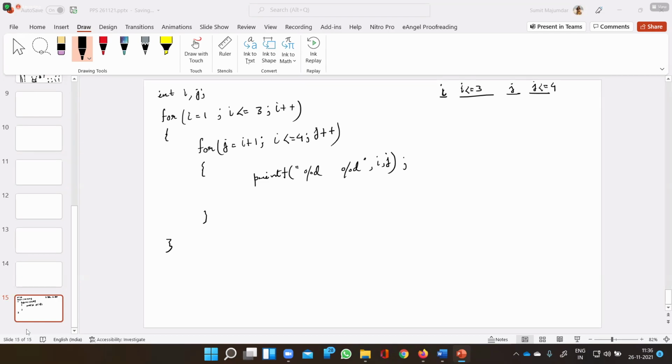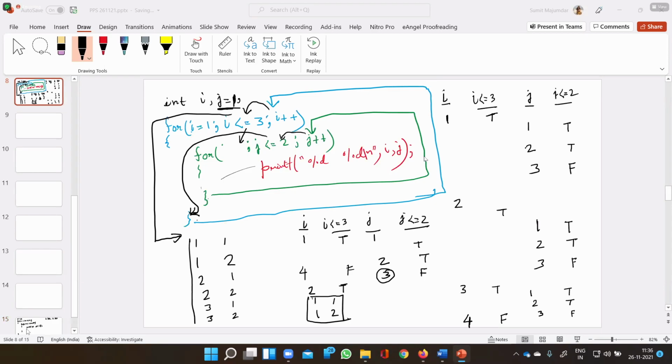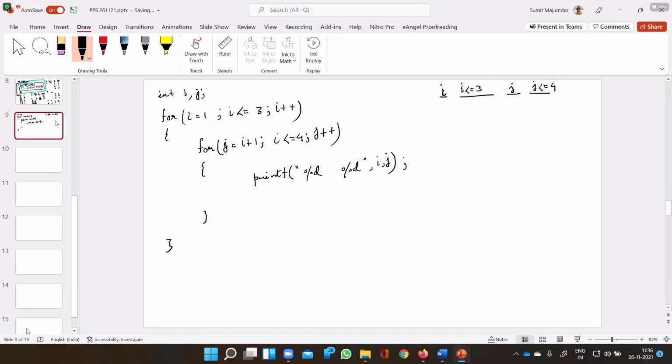Anyone? Anyone can help me? Sir, i equals 1.